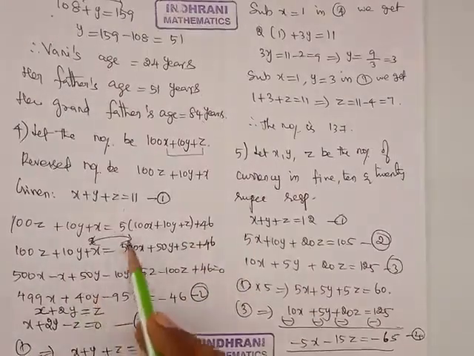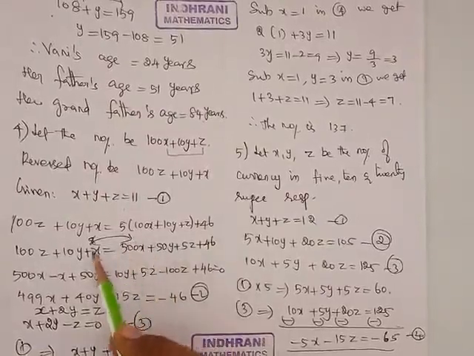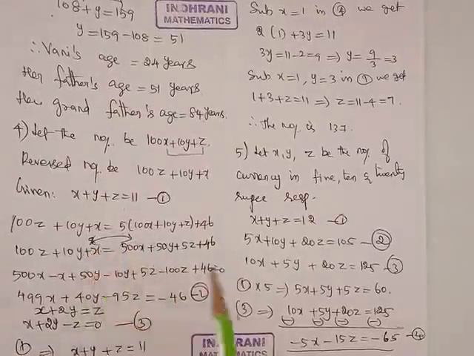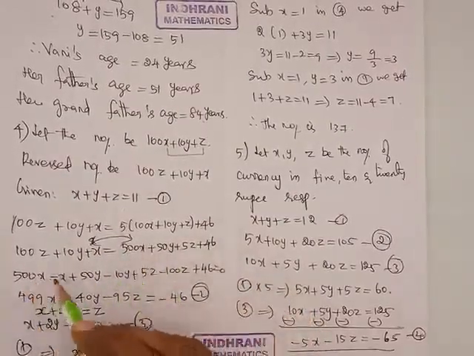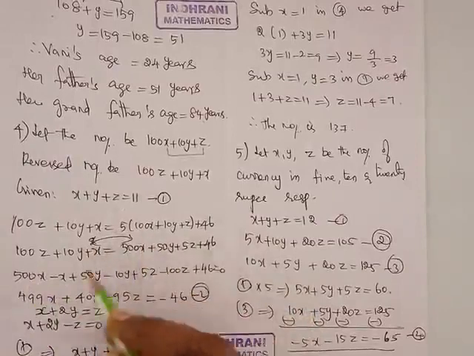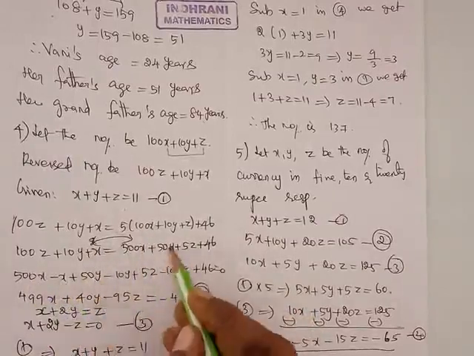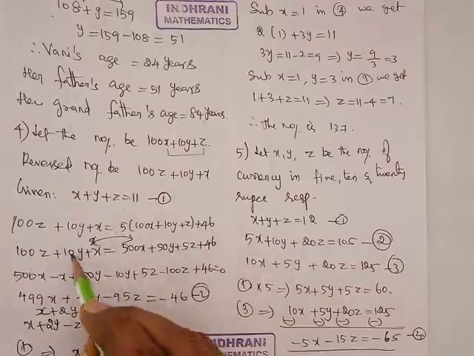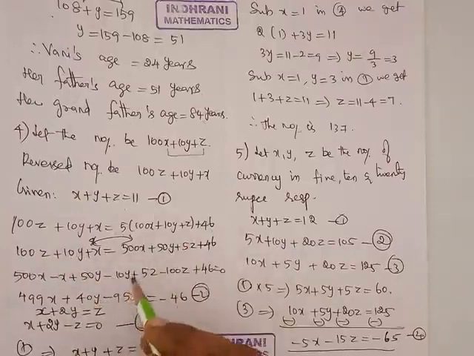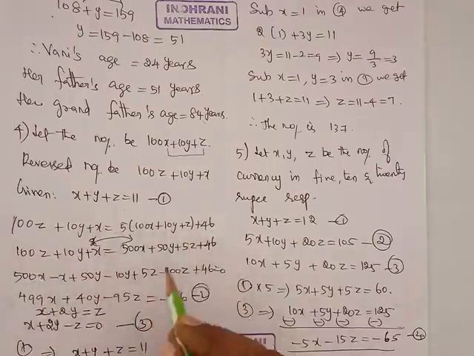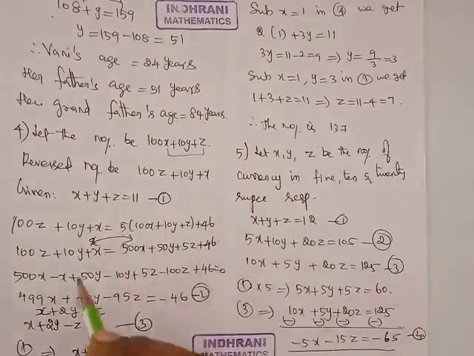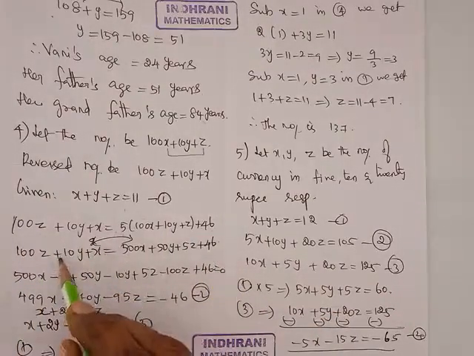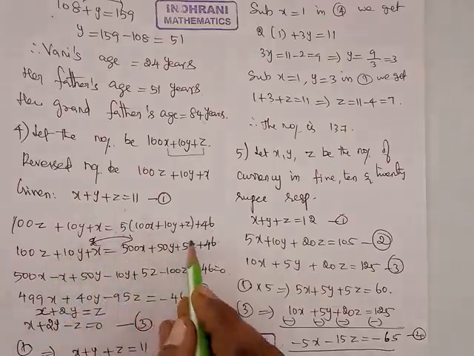So X value here is greater, 500X. Here plus X, it is a smaller coefficient. So make it all the left hand side to the right hand side. So you already have 500X. Here plus X becomes minus X. Plus 50Y is there already on the right side. Now left side 10Y, you will get minus 10Y. Plus 5Z is already there, plus 100Z, make it to the right side, it will become minus 100Z. Plus 46 as it is, equal to 0. What I am doing? Left hand side all the terms I am bringing to the right side.